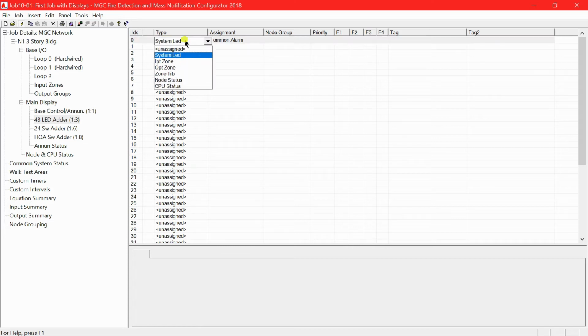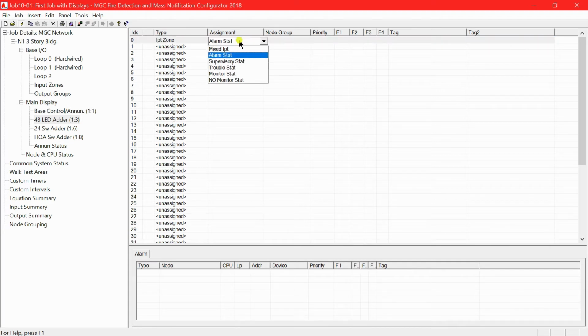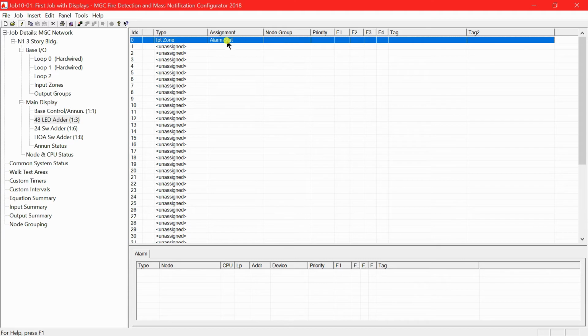If I select the type as input zone, then the LED will be driven by a zone activation. And the zone activation is based upon whether it's an alarm zone, or a supervisory zone, or a trouble zone, or a monitor zone, or a no monitor status. And we also have mixed input. I'm going to leave that as alarm status for now. If I select alarm status,